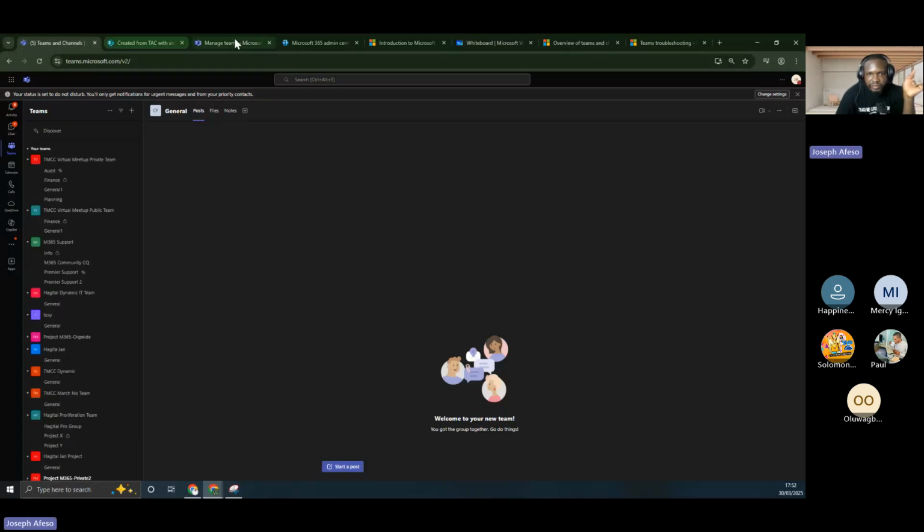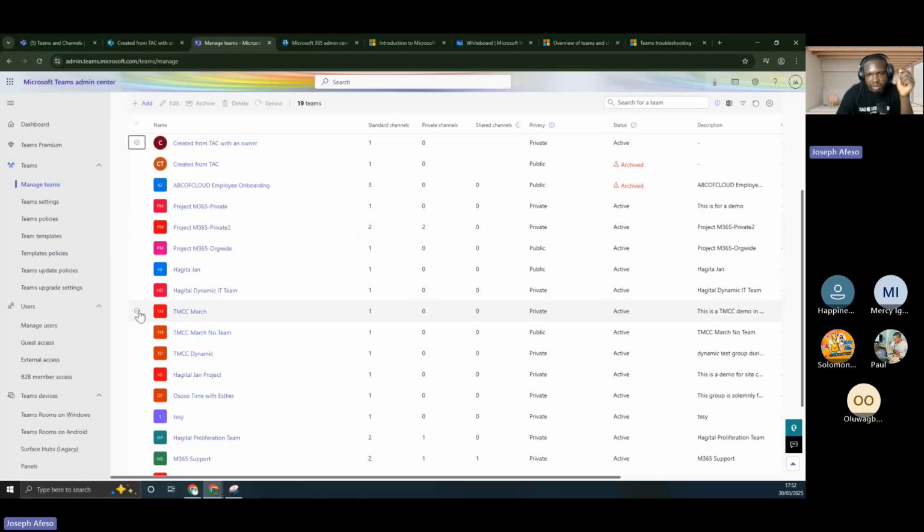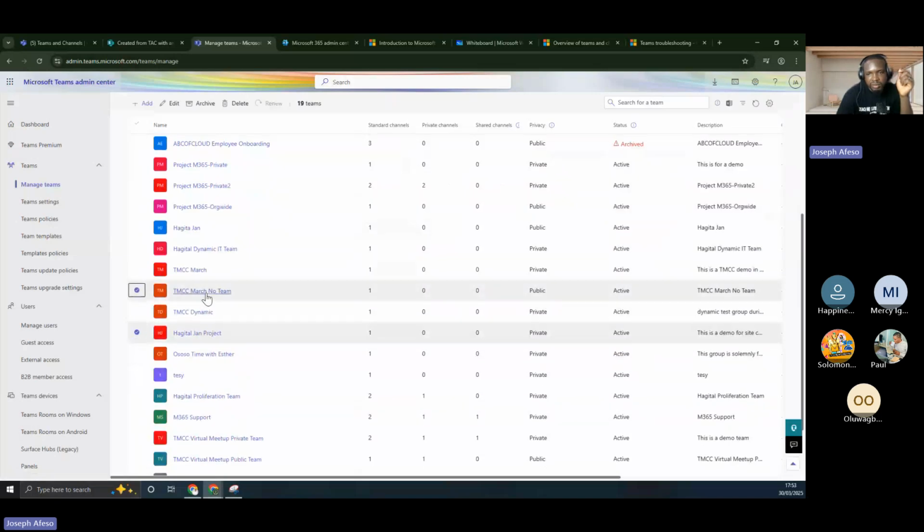So that is for under managed team. I'm thinking if there is any other thing that we want to know. To delete a team, of course, it's the same thing as deleted groups. Let me just see if I can delete one here, CMCC match. Let me delete this one. I said you can delete multiple teams, right?